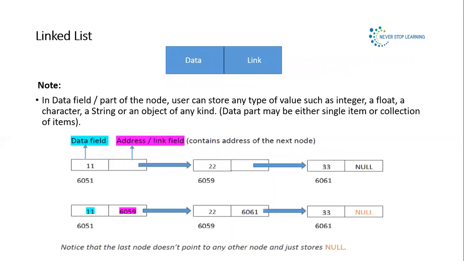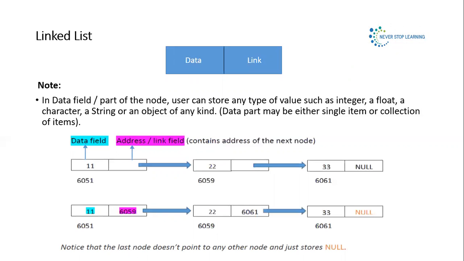So it can be names of students you are storing in linked list. So many students, for example, if I'm talking about 60 students, so 60 nodes will be there. In that case, in the data part, we will be storing what? We will be storing string values,